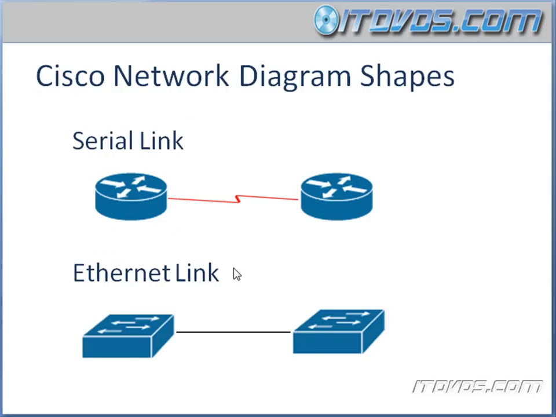Also in diagrams, we have links between devices. A serial link is normally characterized by a red lightning bolt between two devices, such as routers, and an Ethernet link is normally a black straight line. So this was just a very basic overview to get us used to using certain terminology, and now let's get into it a little bit